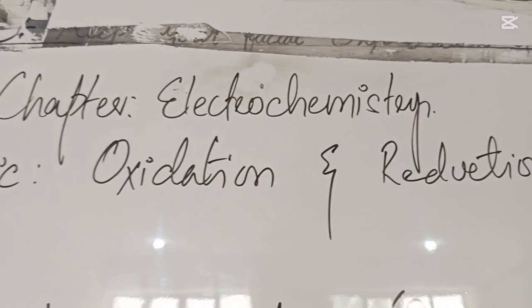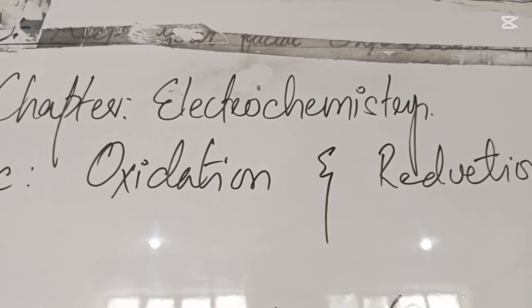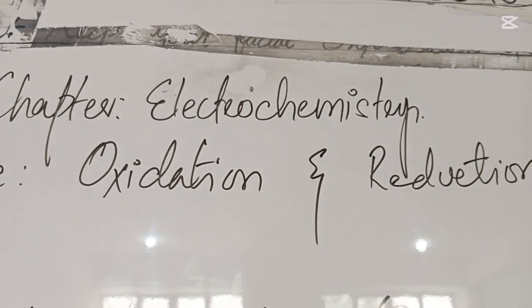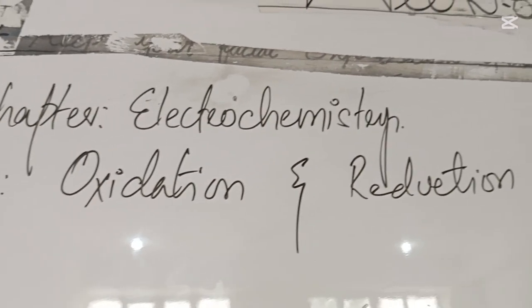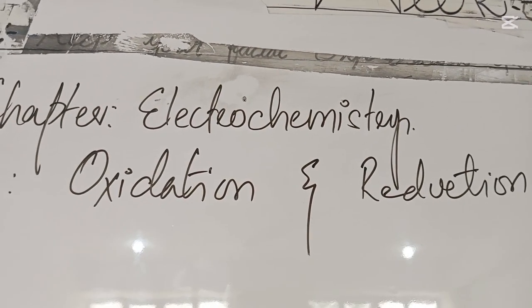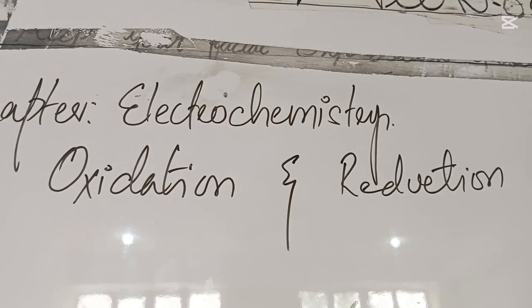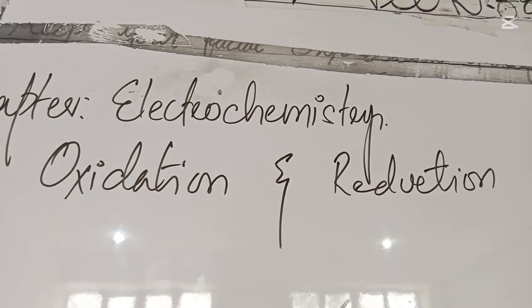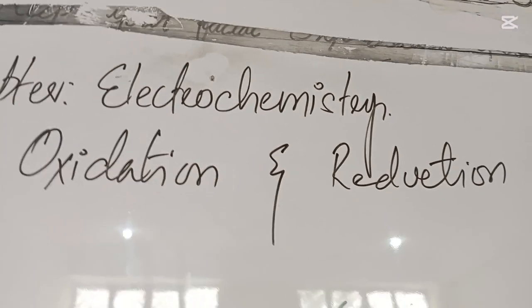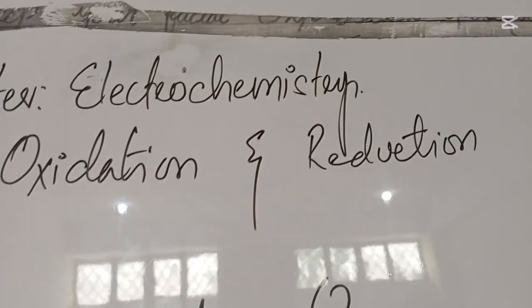Oxidation and reduction are types of chemical reactions, and most of the chemical reactions in chemistry are oxidation and reduction reactions. Especially in our daily life, most chemical reactions are oxidation and reduction reactions. The best example from daily life is photosynthesis,